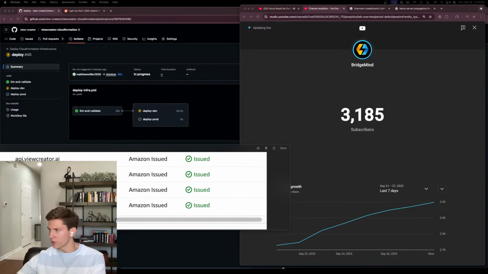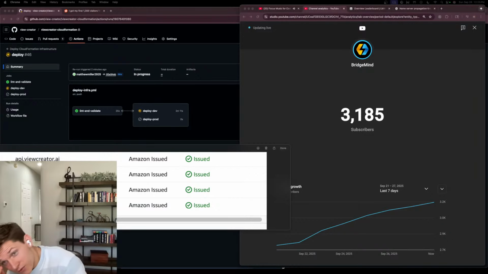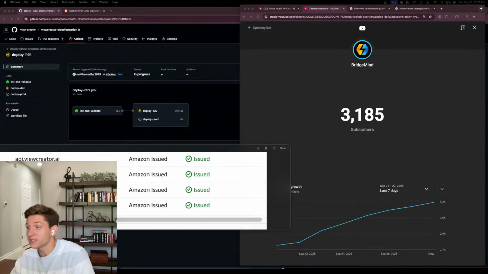All right, so this is a totally different error. I mean, guys, AWS and CloudFormation is a beast. It is an absolute freaking beast. Okay, so it said